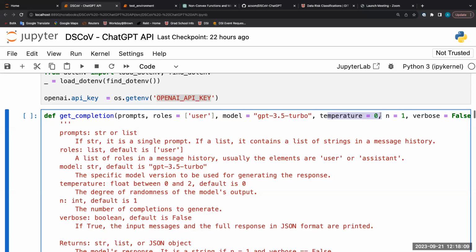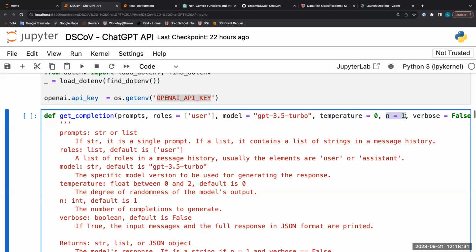By default, I set this to 0, so I don't really want randomness. That's fine for most of the things I plan to use ChatGPT for. If you ask ChatGPT to write poems or essays or whatever, you probably don't want temperature at 0. You want some degree of randomness. I think that you don't want to get back the same poem or same essay every time you ask the same question.